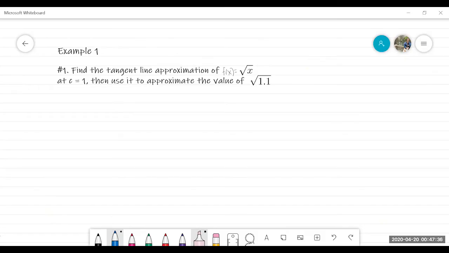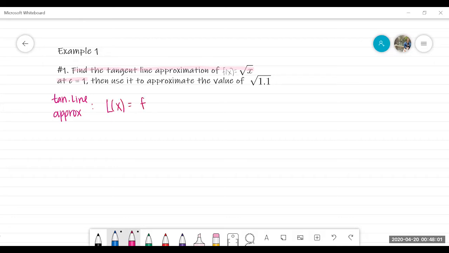Okay, so we're looking for the tangent line approximation of f of x equals the square root of x at c equals 1. And I'm actually going to stop it right there because that's really the first part of what this question is asking us to do. So in order to find this tangent line approximation, we're looking at L of x